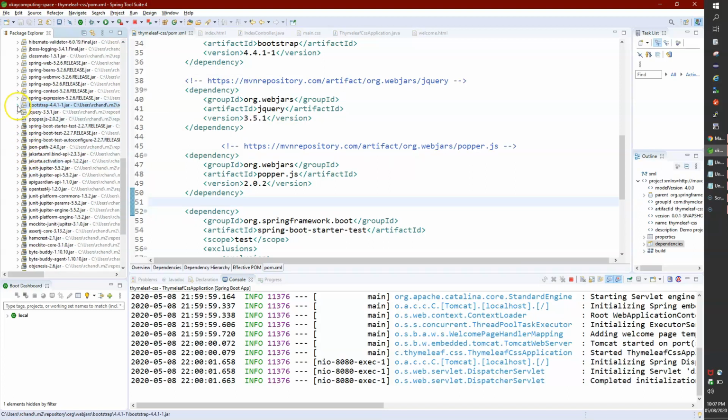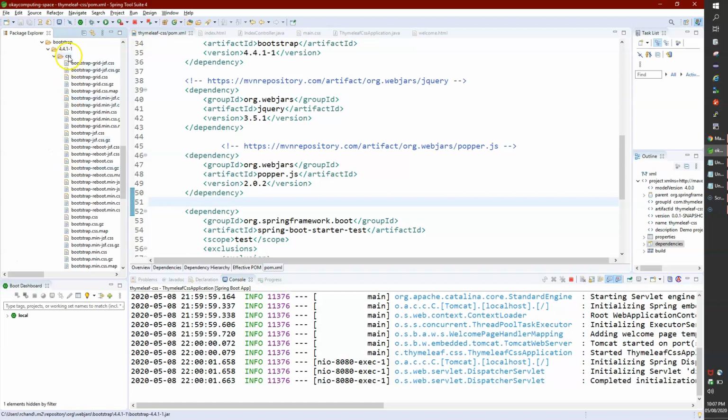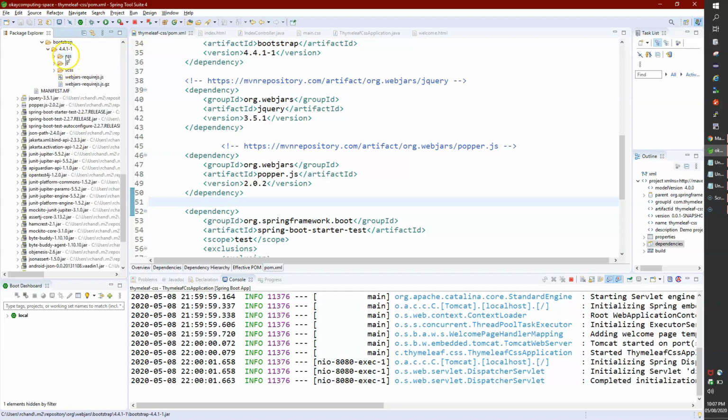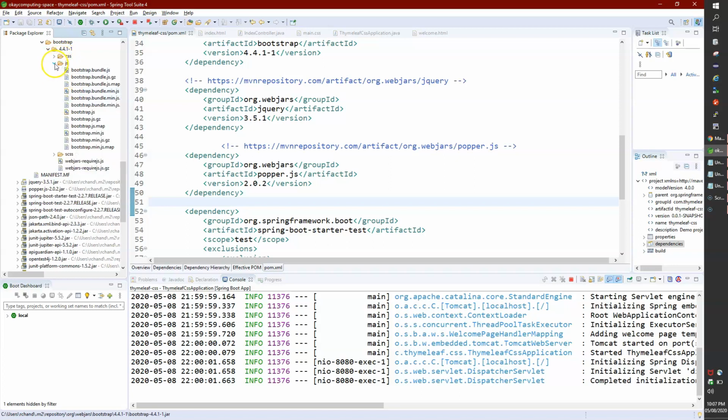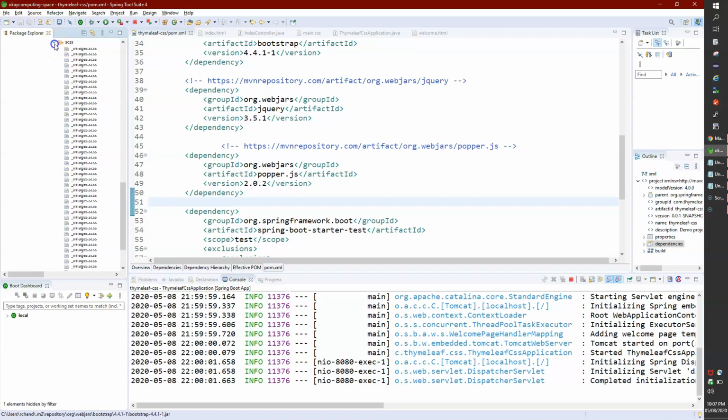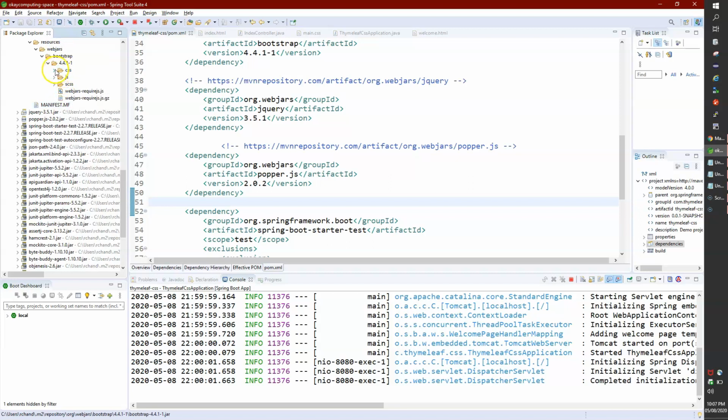If I expand this one, org.webjars Bootstrap 4.1, and here you see all the Bootstrap CSS inside this CSS folder, all the JS files here and the rest of the other things. We just need these two as of now, the CSS files.